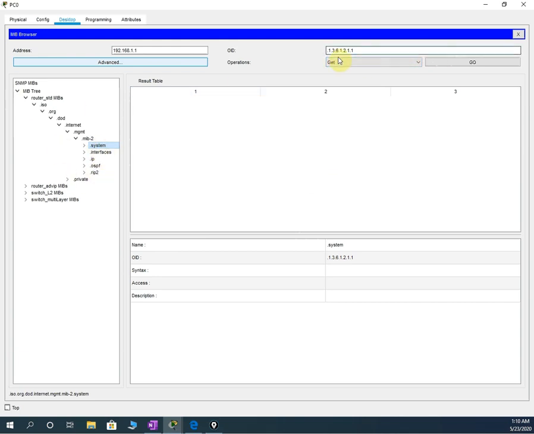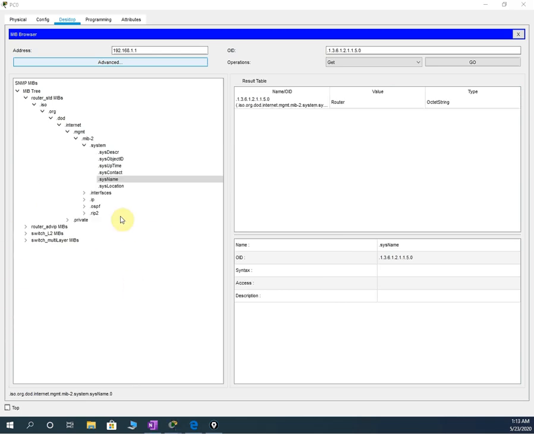Let me check. The OID is coming. This is okay. What issue do we have? The result is giving get, we selected, and we selected a bad value. Maybe it is already this one. Which router do we have? We have only one router. Let me check which one. Actually this is not in our syllabus, but anyhow I am doing this. We will do it in CCNP with GNS3, not here.